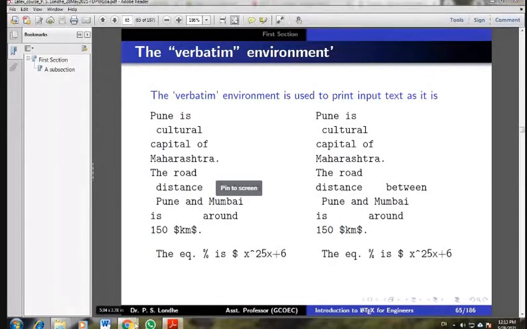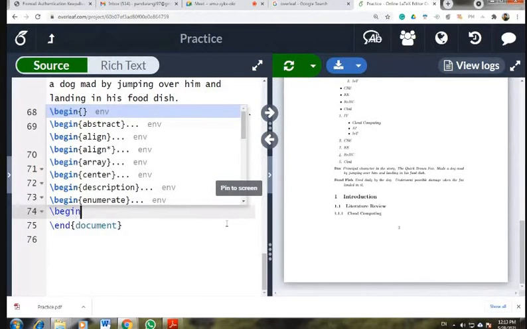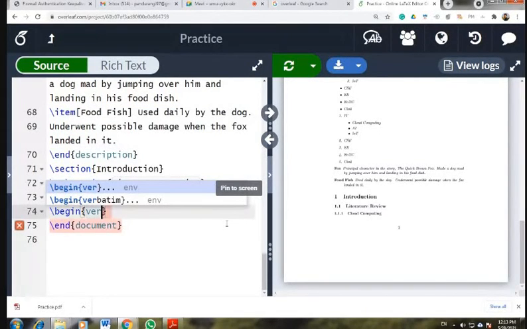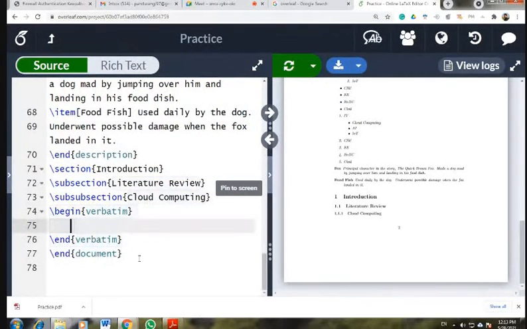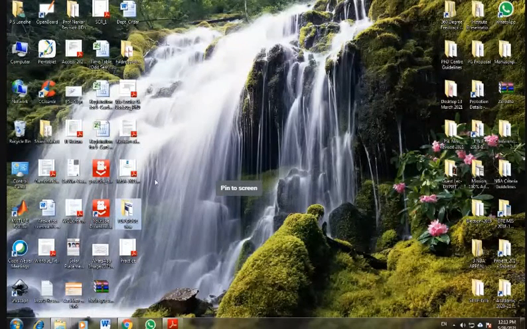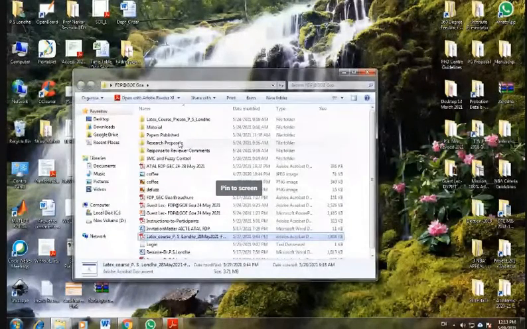Let us, for example, begin verbatim. For example, I have a MATLAB code.